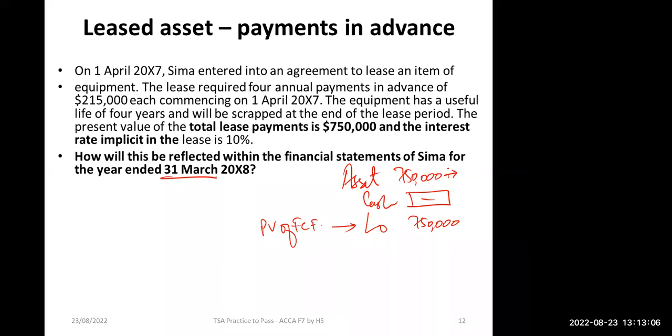This asset should be depreciated at the lower of lease period and useful life. But if the title of the asset will be transferred to the lessee at the end of the lease period, the asset will be depreciated at useful life. Remember these points. So for the depreciation,